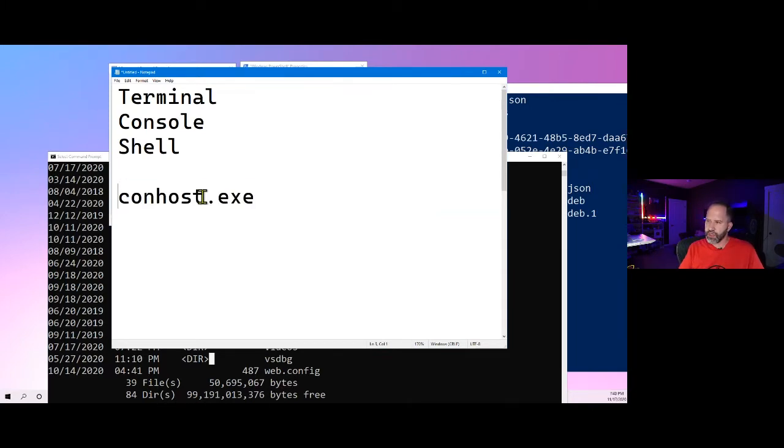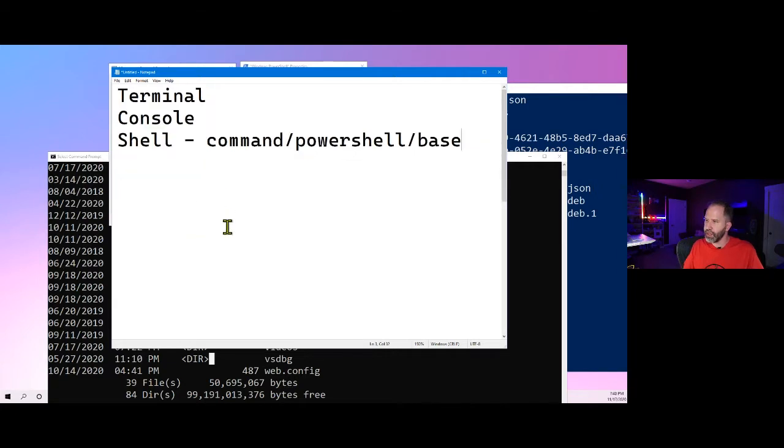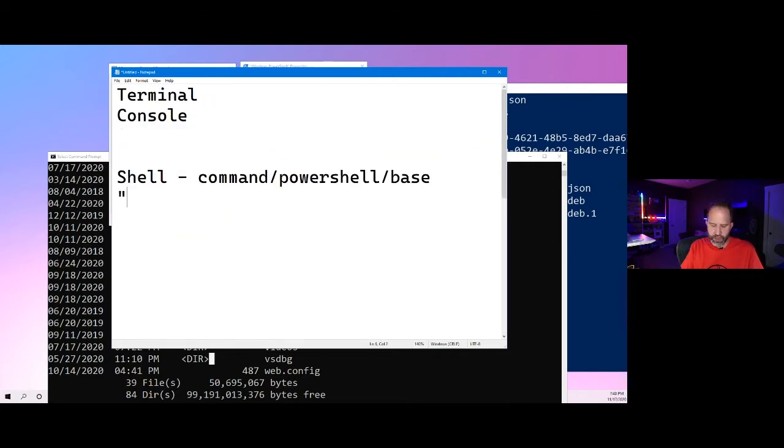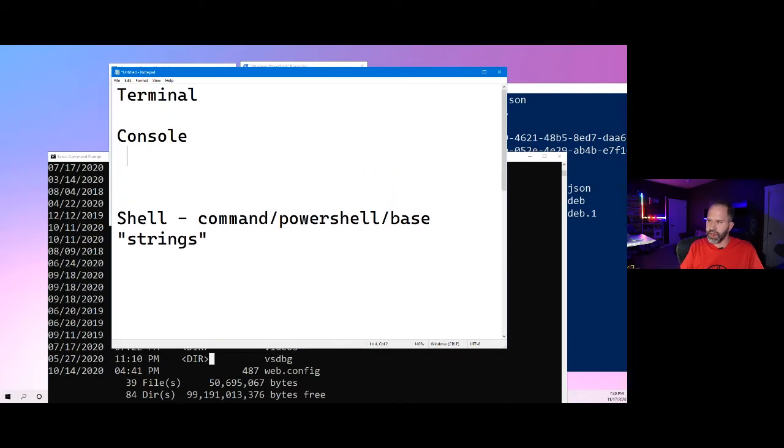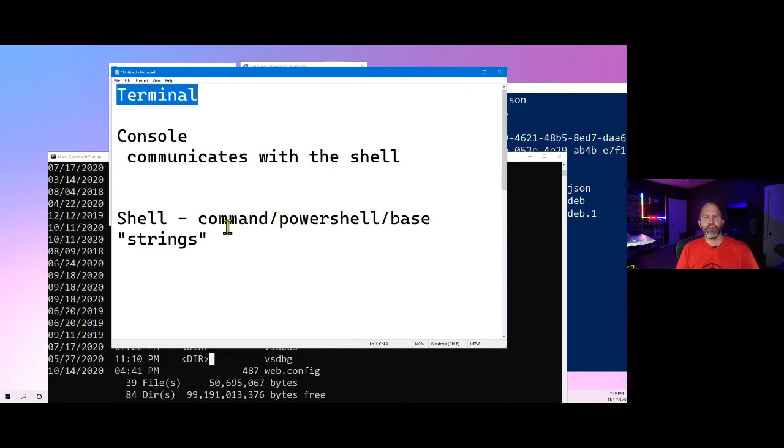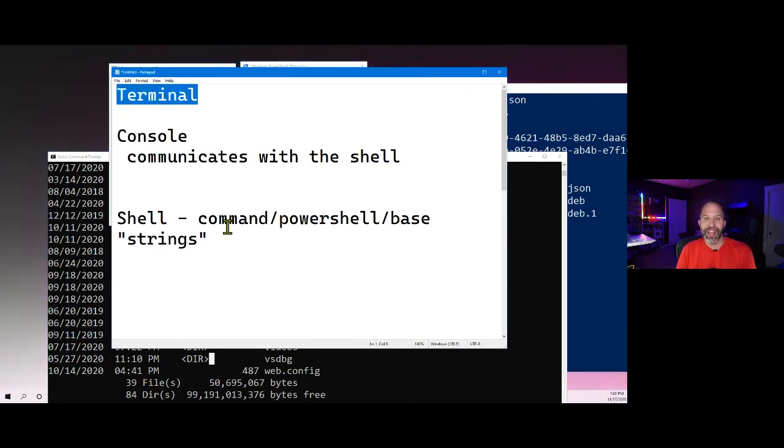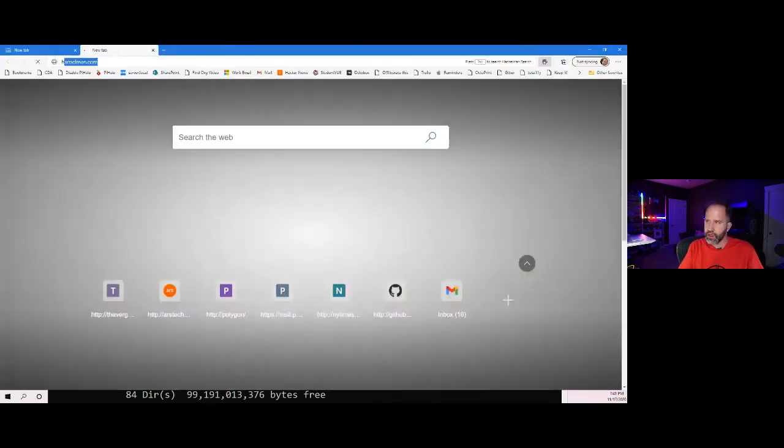And this is really important because the shell, that's command or PowerShell or bash, thinks about strings. It thinks about output. But the console is something else. It's the thing that communicates with the shell. And the term terminal, what does terminal mean? Terminal means end of. If something terminates, it's the terminal end of something. And in fact, a terminal in the old days was